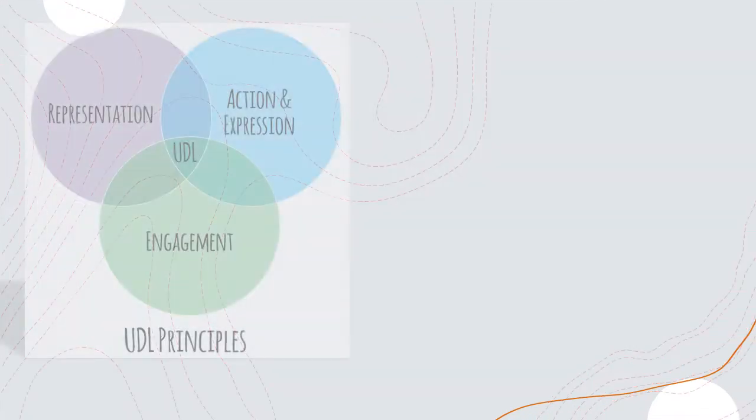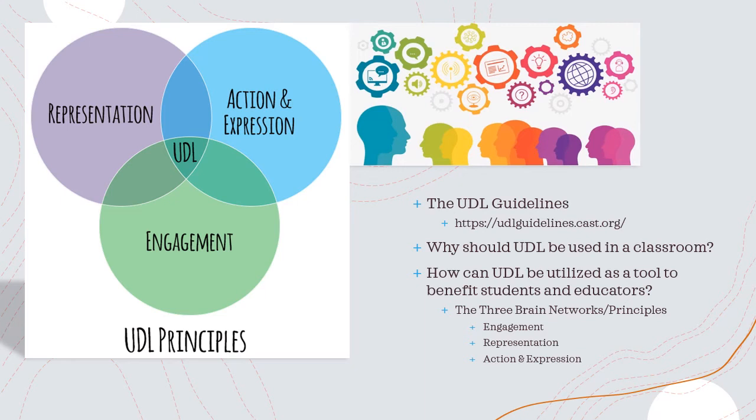As per CAST and the CAST website that houses the framework of UDL, there are several steps to understand and to take before teachers are able to implement this program within their classrooms. They must provide multiple means for those students. For example, there are three brain networks that break down the why, the what, and the how of learning. The why is the engagement portion of the brain.